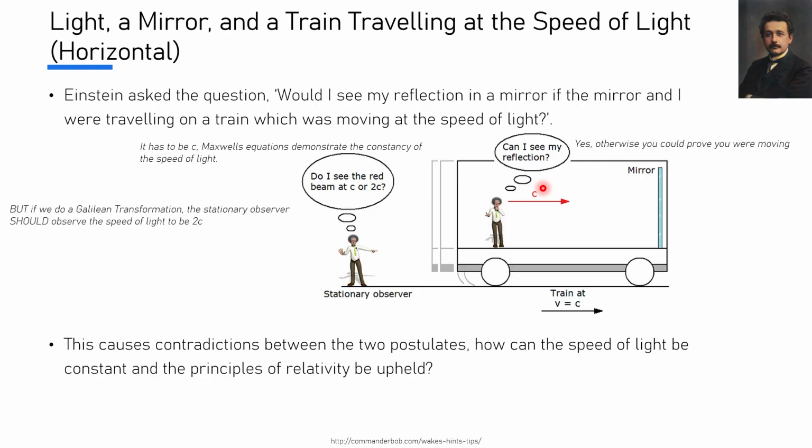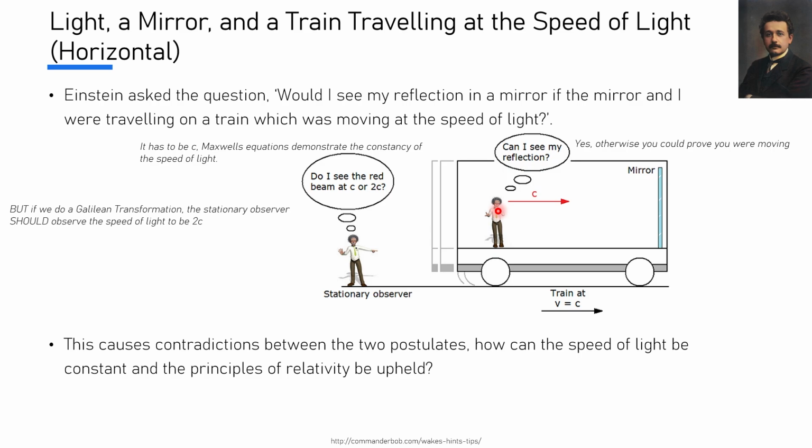The answer has to be yes, because if you are in a moving object in an inertial frame of reference traveling at the speed of light, and you shine light towards a mirror, it needs to bounce back. Otherwise, you would be able to conduct an experiment to prove that you were moving and that you weren't stationary. In other words, inside your internal frame of reference, physics exists as it usually does. Light travels at the speed of light towards a mirror and travels at the speed of light towards the observer, no differently to if you were to do this as a stationary observer. However, this then begs another question.